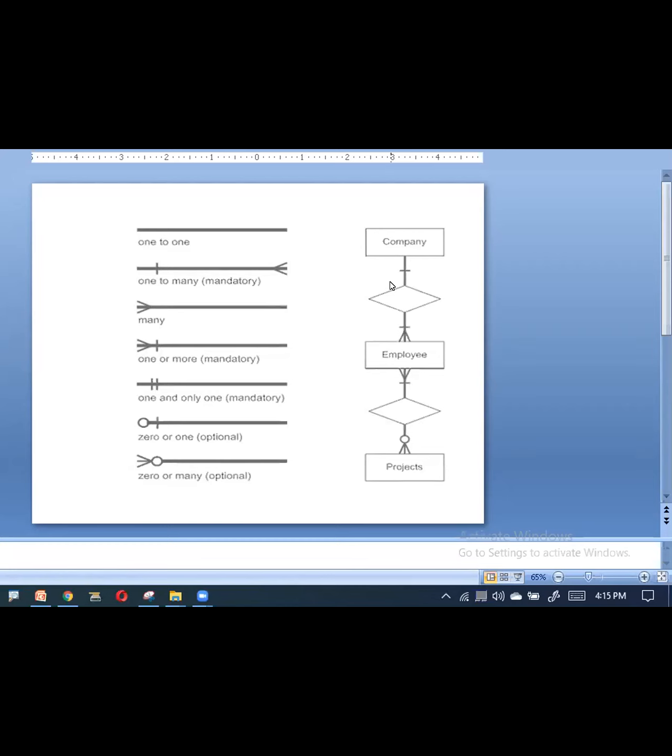So in a similar fashion here also, it depends upon the management: I may allow one mobile with the student. So it's an option, and in that case I'll be going for a diagram like this. Now, if I say 0 or many optional, that means I don't have any restriction. You can get the mobiles or you may not.